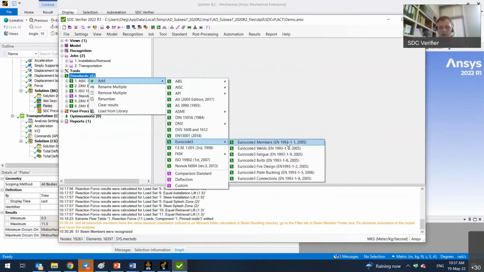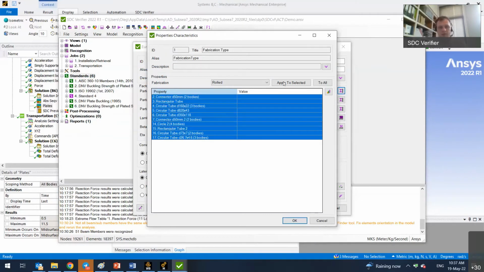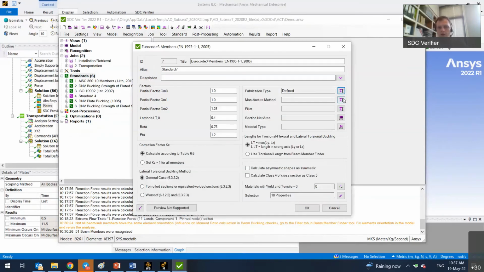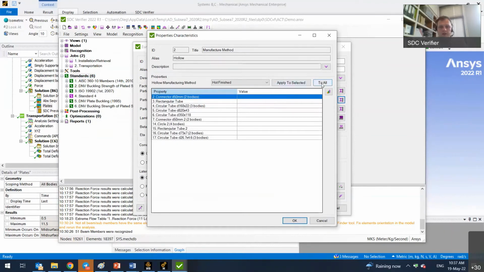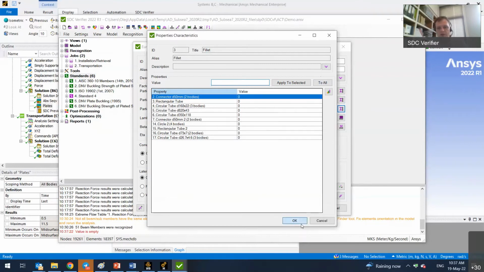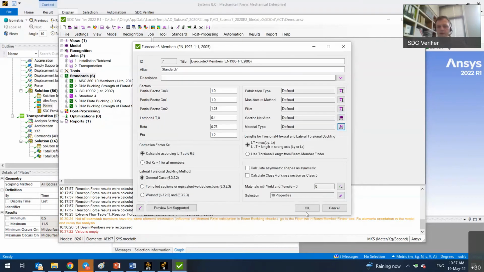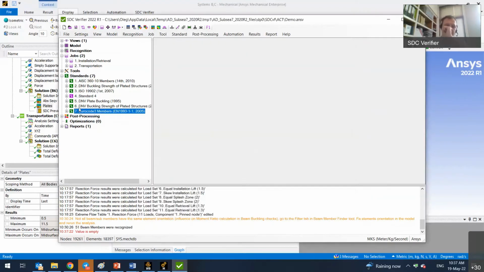Add Eurocode members check. For the members, you have to define a couple of parameters like fabrication type. Let's say that all of our beams are rolled. Manufacture method, let's say it's hot finished. Do we have any fillets? Can be 0. Section net area if necessary to set. I just press OK. And material type. It's already defined. Yes, press OK. So every standard has some customizations, some